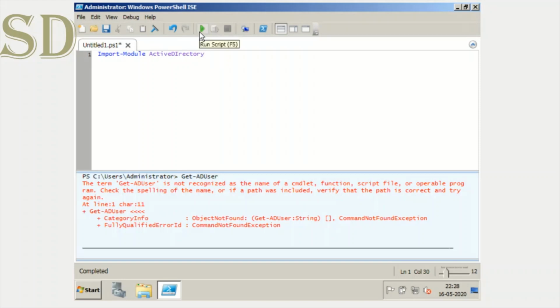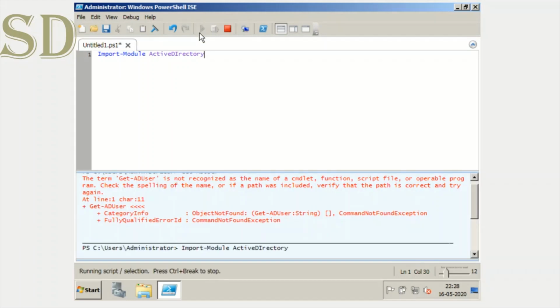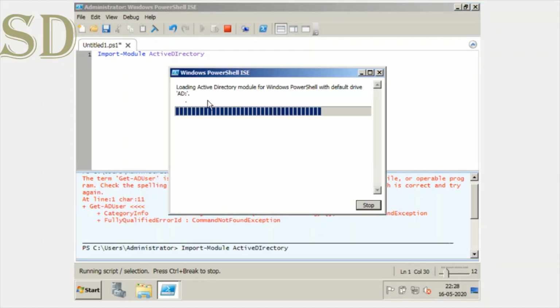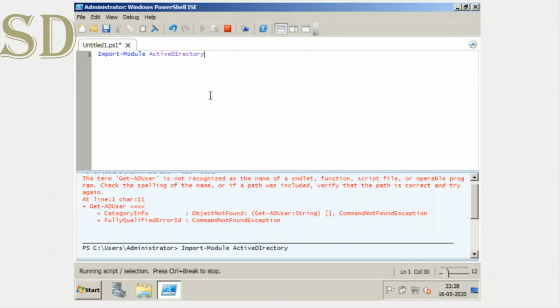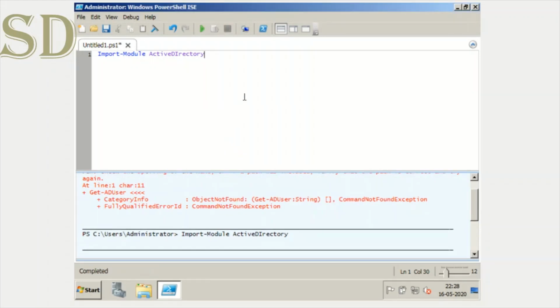So if I run this, it will show me a pop-up and install all the required default drive for AD. So it's just installed. So now if I try the same previous command, which is Get-ADUser,